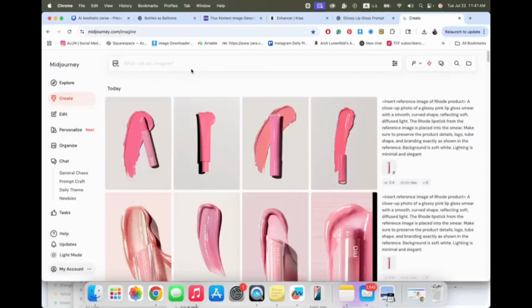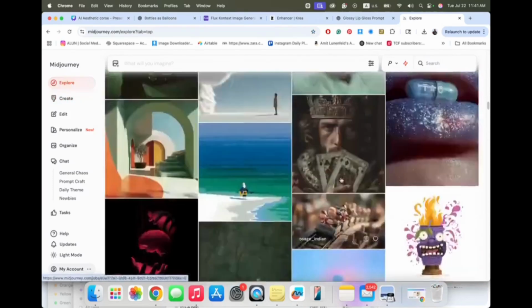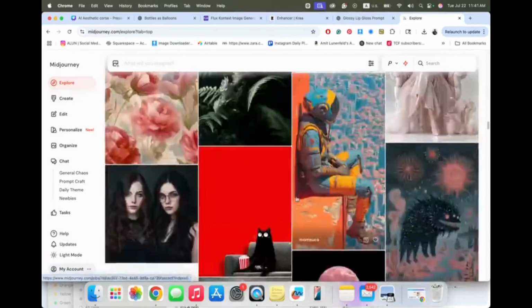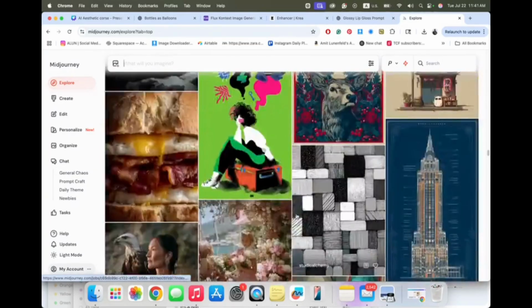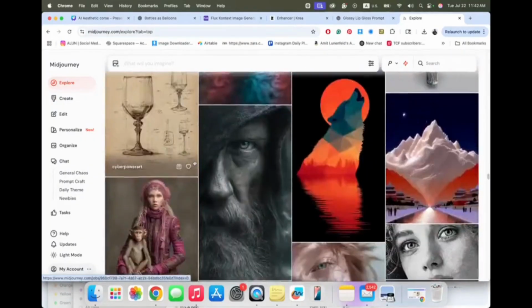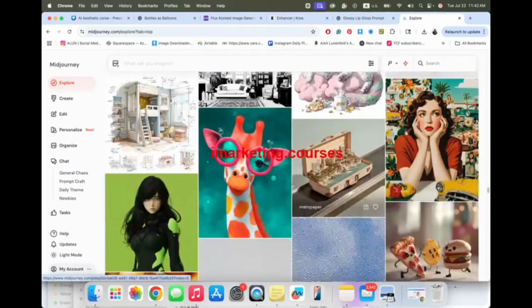So the last thing we're gonna do here is just show you Midjourney to create images. The way I like to use Midjourney is to go to the explore page and see what is possible, what people are creating right now, what purposes people are using it for. We saw that taking your product and recreating a specific packaging of what you already have doesn't work well here. But if you want to create humans, models, this is the best place to do so. You can also do really surrealistic things here. But see how well we have the texture here.